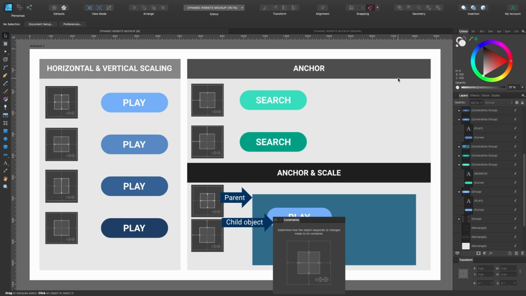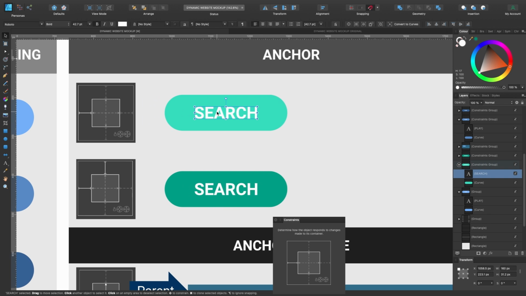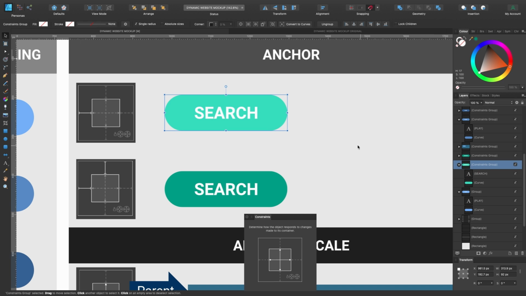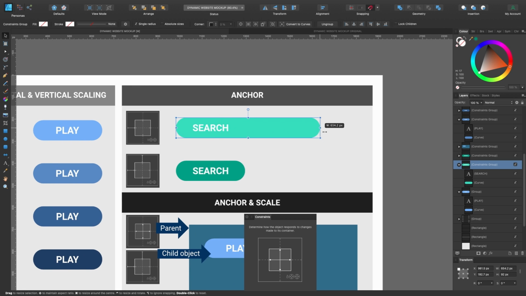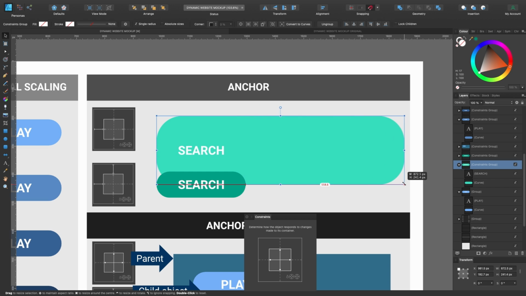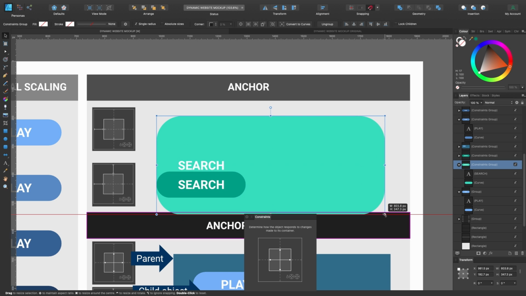Okay, let's try using an anchor. So let's zoom in, and on this word here that says search, if I go on the child layer, you can see in our constraints that the anchor has been applied to the left-hand side of the child layer, just like it is in the screenshot over there. So let me grab the shape and drag out to see what happens. As you can see, the search word is not being stretched out. If I grab it from the bottom and drag down, the search word is still in proportion. And if I drag out from the corner like this, you can see it's being anchored to the left-hand side. And when I go down, it's kind of still in the middle here.